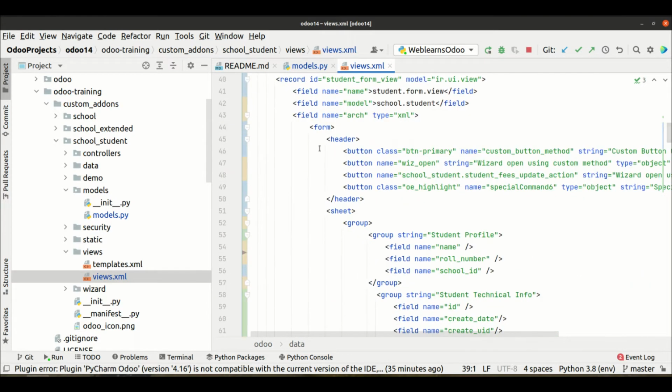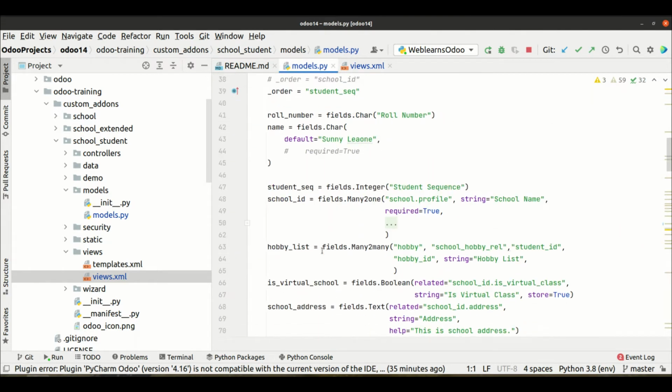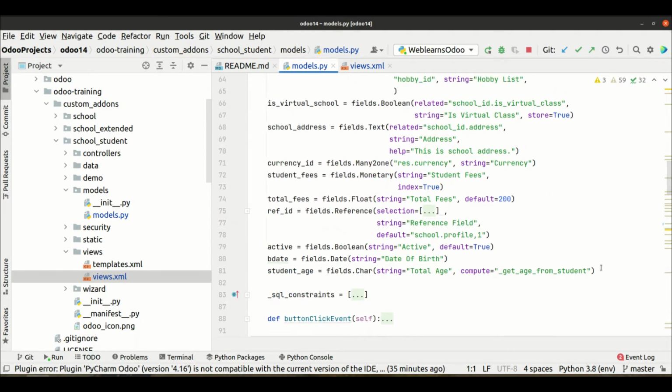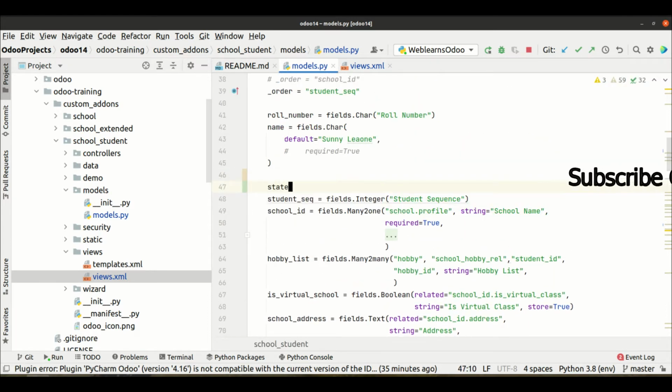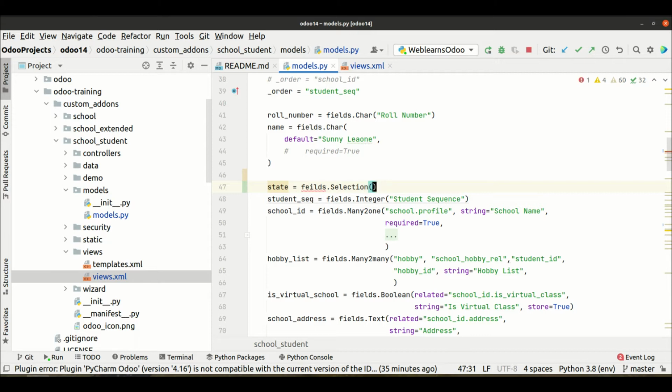So you can see we already created the header in the form view, right? Now we also want to add a status bar. So simply we have to go to the model.py file. First we have to check whether the status field is available here or not. You can see right now we don't have any status field. So we are going to create one selection field, here fields.Selection, then the string stat,